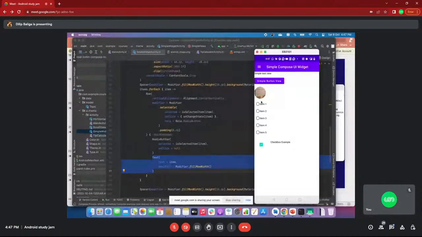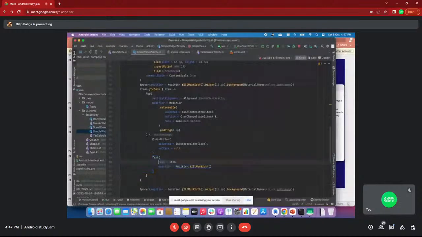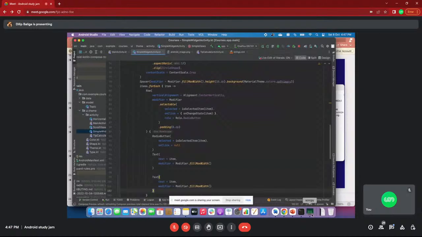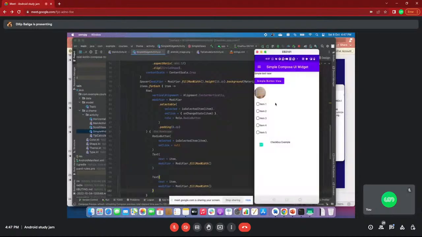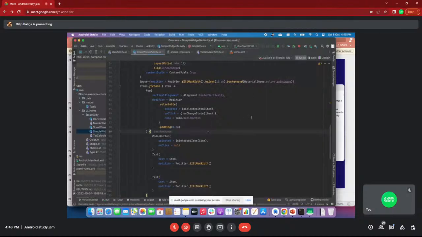Row means it is horizontally aligning the values. If I add one more text here, it will come directly here. One more text, it will come here. For example, if I run that one,